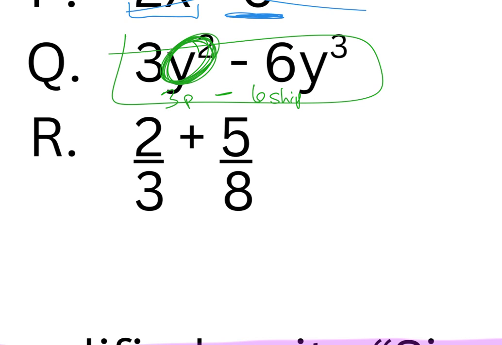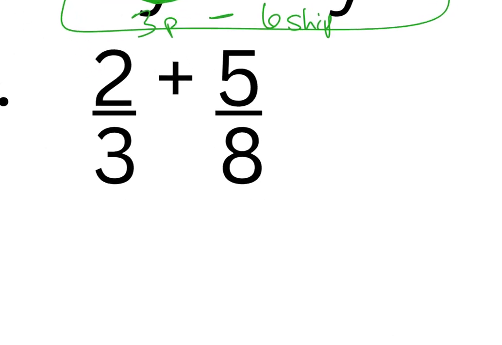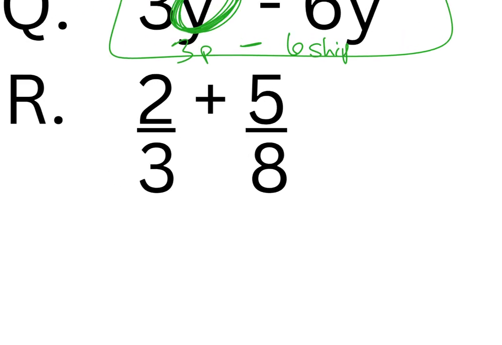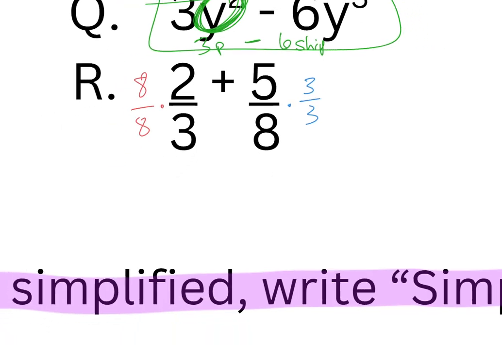And looking at this, you might go, how are those like terms? They don't even look like each other. You're right. They're just 2 fractions adding to each other. So it's 2/3 plus 5/8. Well, we need a common denominator. So I'm going to multiply this by 8 over 8, and I'm going to multiply this one by 3 over 3. And I will end up getting